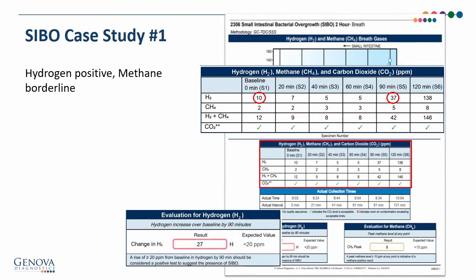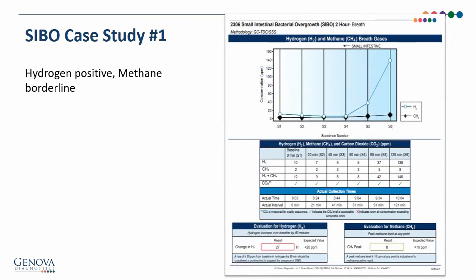Something to think about here is transit time. It takes approximately 90 minutes for lactulose to travel from the mouth to the large intestine in a person with normal transit. She has chronic diarrhea. If her transit is more rapid and the lactulose reaches the large intestine sooner than the expected 90 minutes, then her results may actually reflect large, not small intestine. It's not possible to know for sure what the transit time is.